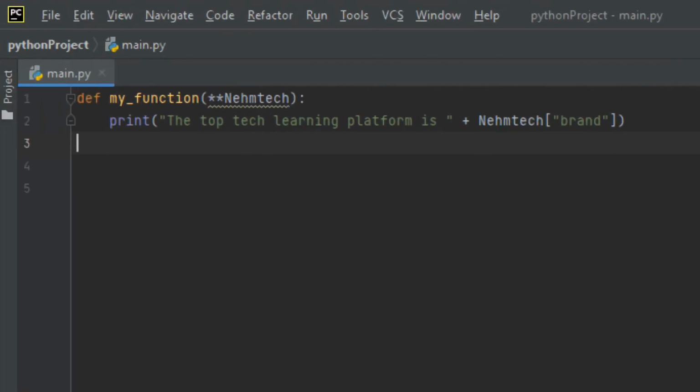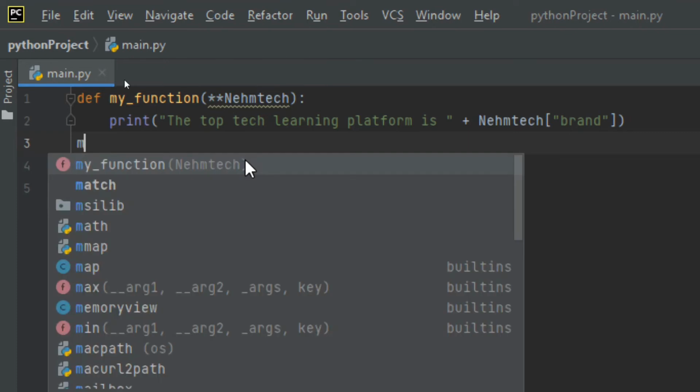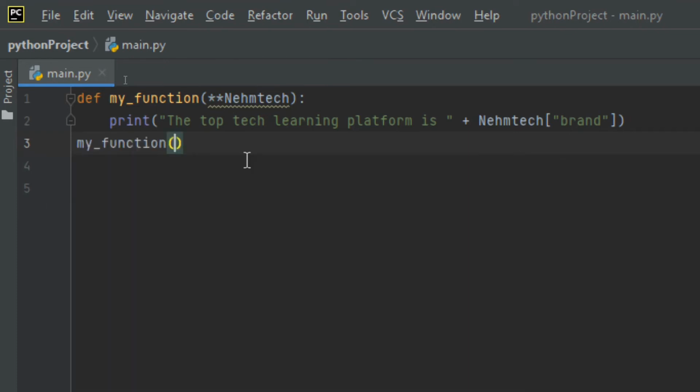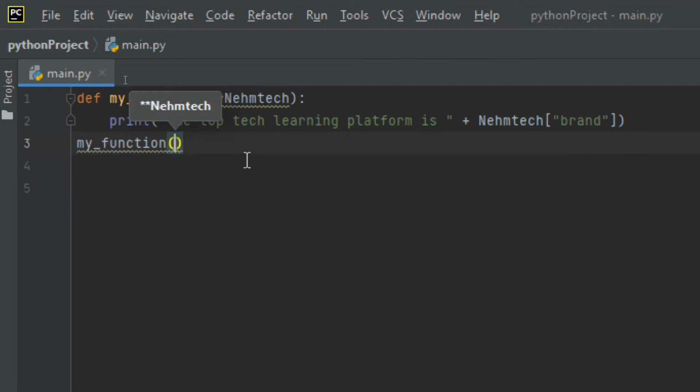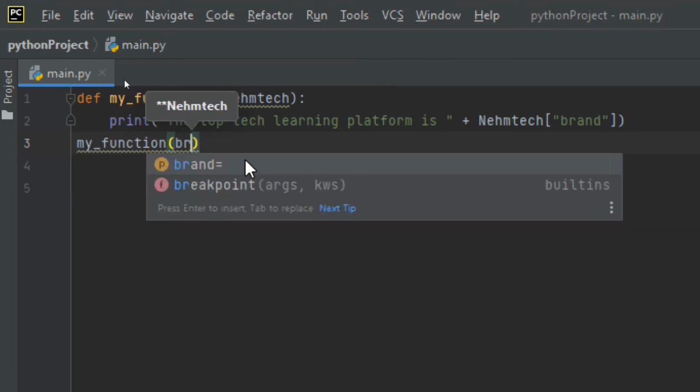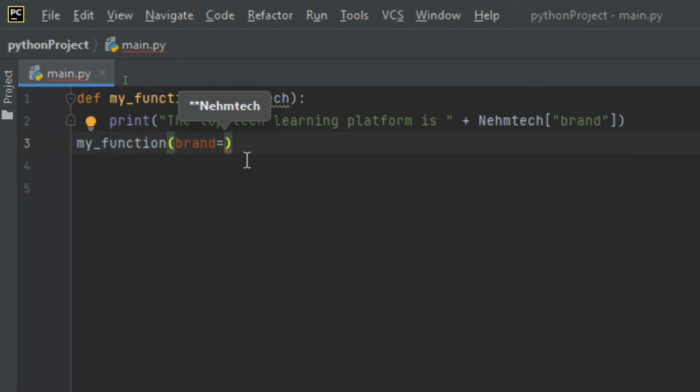Remember that now guys, when you are calling this function, you must not include the indentation. Then let me say my function, and then let me say f. Perhaps let me say brand, and then let me say Nehmtech,